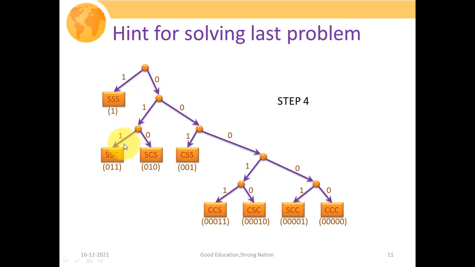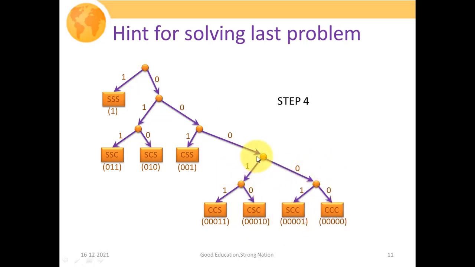So again, for the high value of probability we have given this 1, and for the low value of probability we have given this 0. In a similar manner, this particular sub branch would have been made with the help of this CCS and this complete sub branch. For the high value of probability we have given this 1, and for the low value of probability we have given this 0. Then again this sub branch would have been formed with the help of these two sub branches, that is the summation of this as well as this.